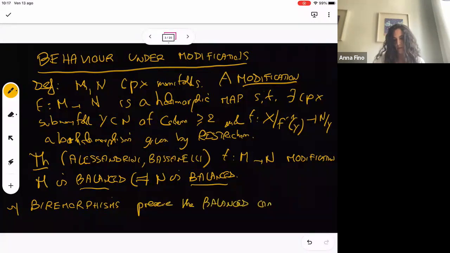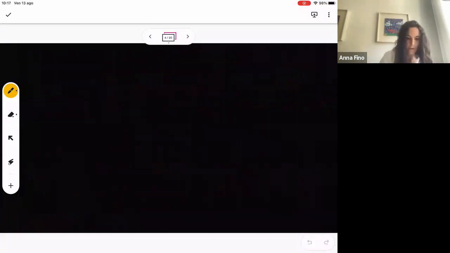Of course, Kähler manifolds are in particular balanced, okay? So that means that if you apply a bimeromorphism to a Kähler manifold, you get something which in general is not Kähler, but is balanced, okay? And that's the way, so a nice consequence that we have is that every